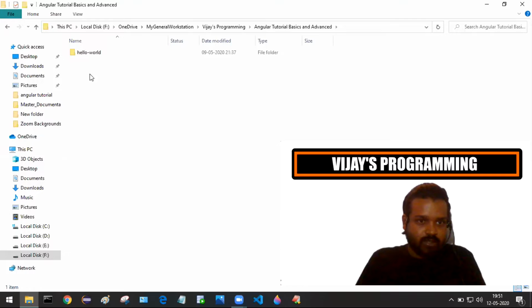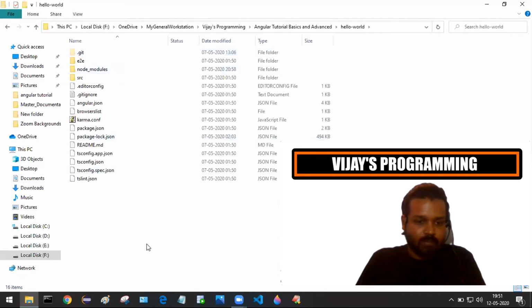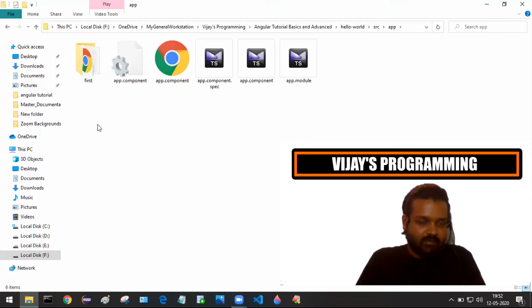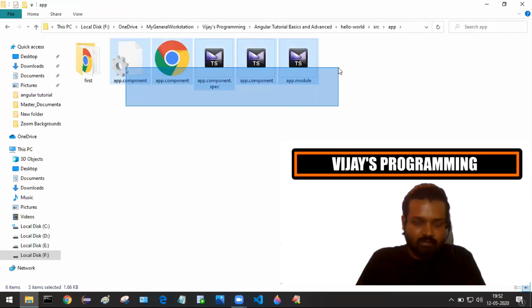Now go inside this hello dashboard. This is the main app root folder, the root folder of this app, hello world. Go inside src and go inside the app folder. Here we can see a first folder, and 5 files.